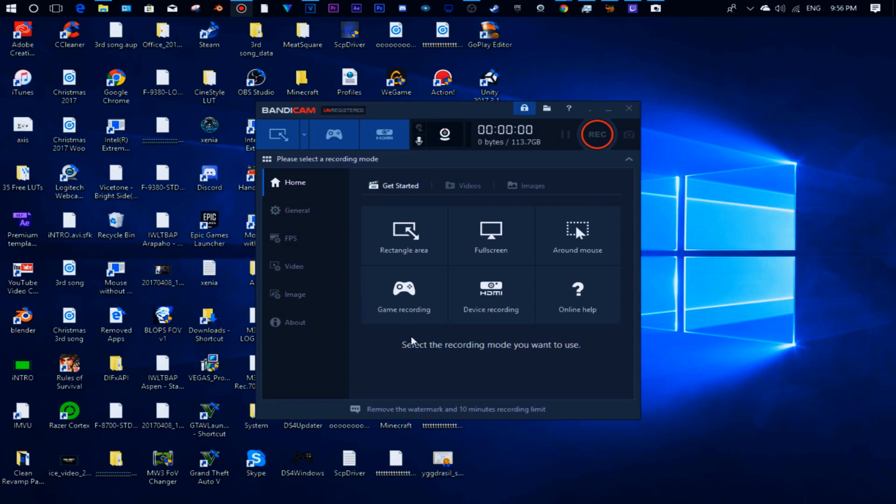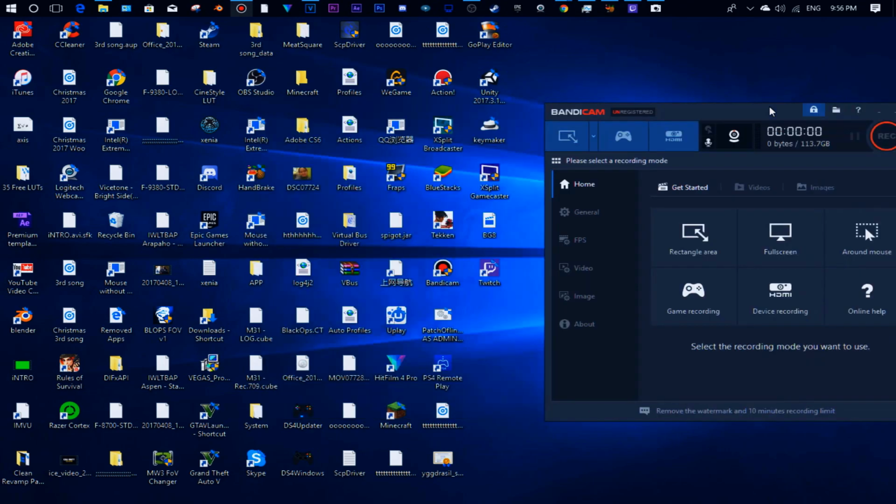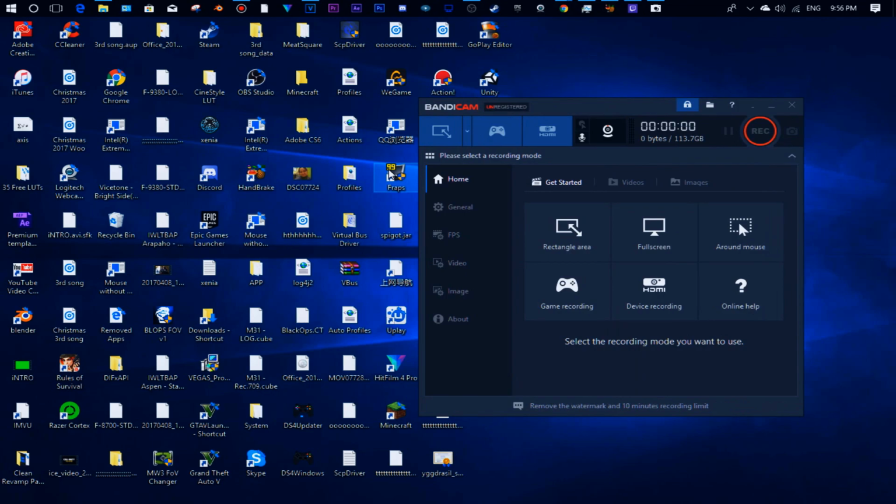If you don't want to see the Bandicam logo, you just use OBS or XSplit or whatever. But I recommend using Bandicam if you want a low-powered gaming recording software. The one thing I do like about using Bandicam versus, say, Fraps or XSplit is that Bandicam doesn't take much of your RAM. But what Bandicam does is use your graphics card to record the